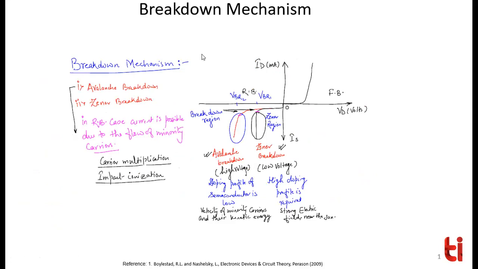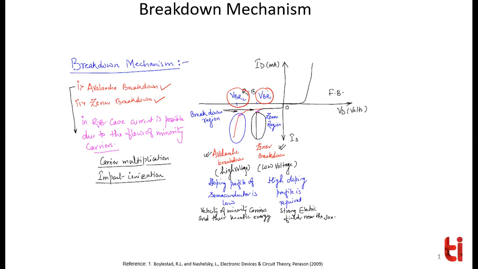Good morning, everyone. So, in the last lecture, what we have seen is breakdown mechanism. Breakdown always occurs in a reverse bias that we have already seen. Two types of breakdown are there: avalanche breakdown and Zener breakdown. Zener breakdown occurs at smaller reverse voltages. However, the avalanche breakdown occurs at larger reverse voltages. Okay, and what is the reason?